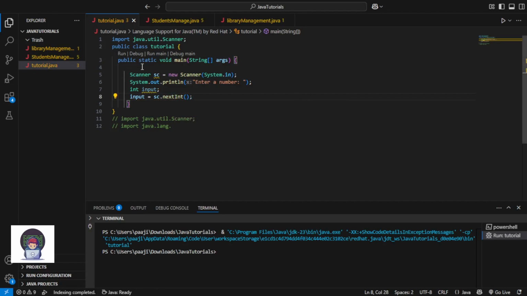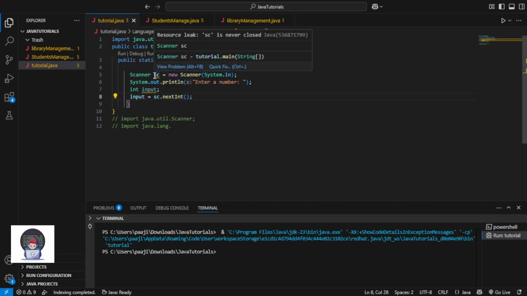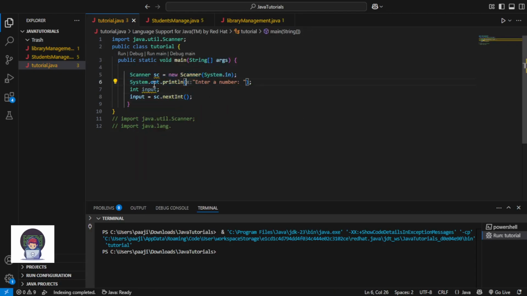First of all we created an object of this scanner class. We have it named as sc. I can set it to scanner also, but let's say sc. Now I set input to sc dot next int. I think I told you in the last episode with the strings that dot also signifies methods of an object.